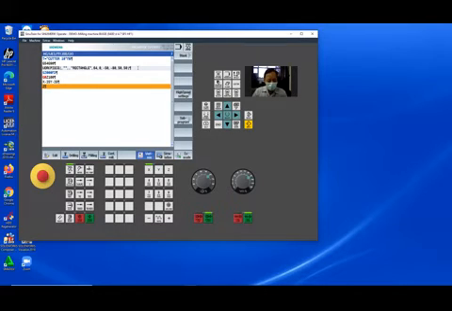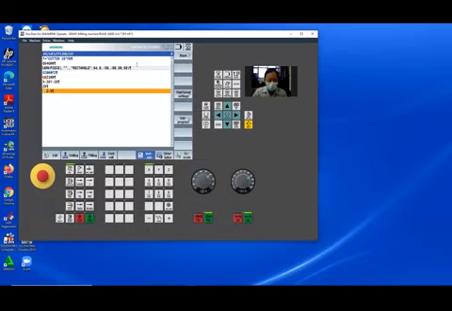After that, Z minus 5. Without G means the previous G is still active. Okay, G1 or G01, same meaning. Z minus 5. Okay, and then enter.